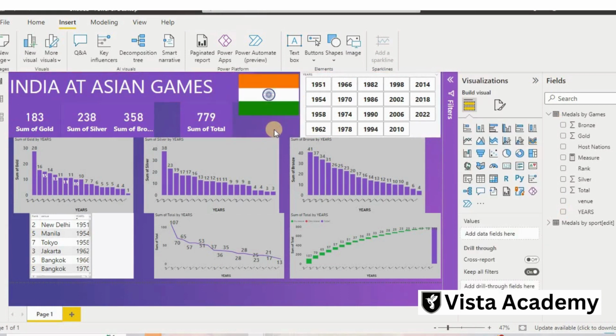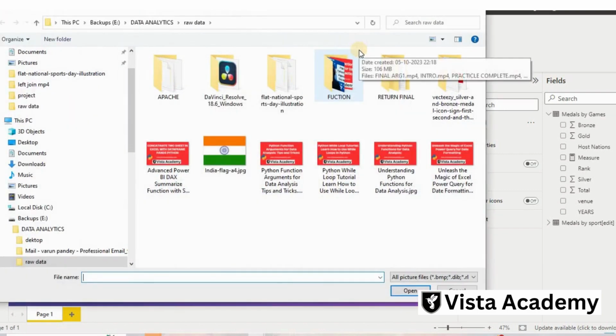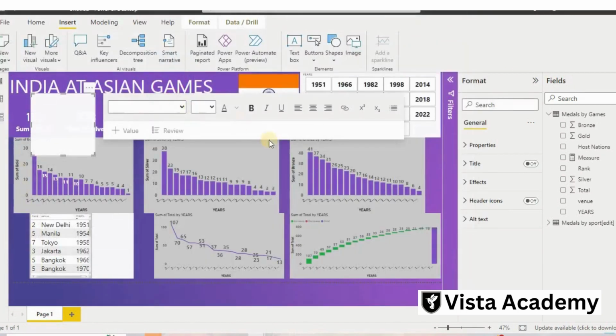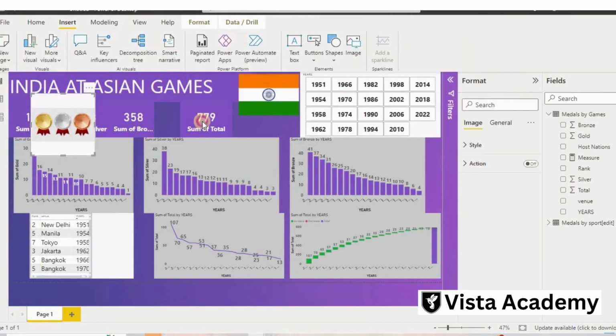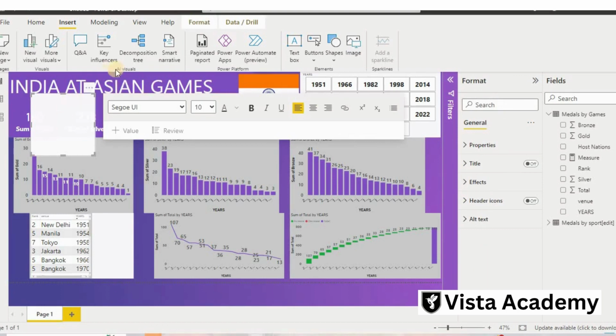So we have a flag here, and if you want more images, I will go to images, and in victory we have these medals here, and I will put it here also, just beneath our flag. So what is our medals, we have score and whatever, so we are able to create this. Just delete this, we don't need this, remove.